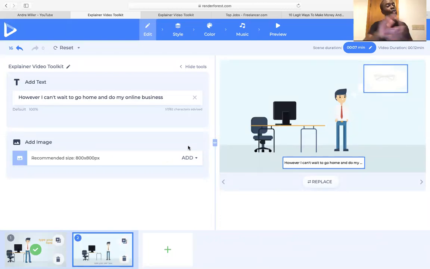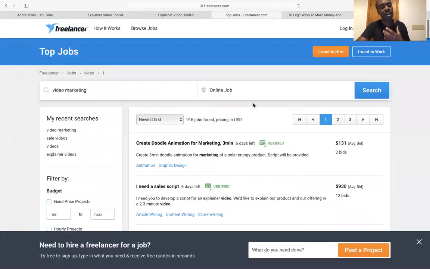Now, you create it. Now you want to know, okay, where should I go where people can reach out to me? There's a particular website called freelancer.com. And I'm showing you on here that you can make a lot of money doing this. Now, you're not going to come out the gate and charge way more money, because if you don't have experience, you have to test the waters first. Let people give you reviews. Start off low. But you can make more as well.